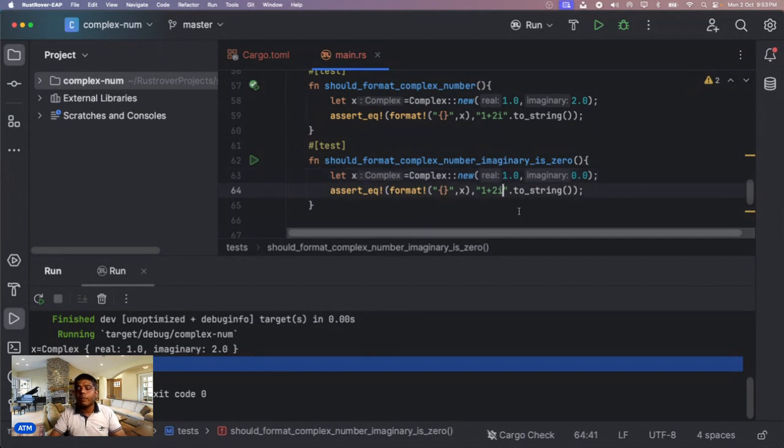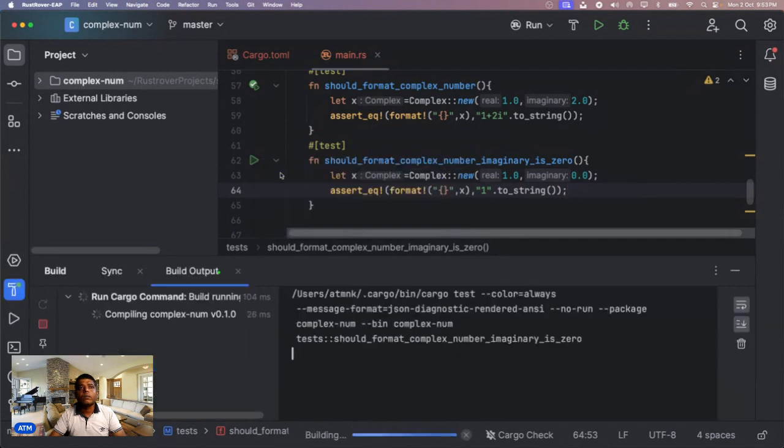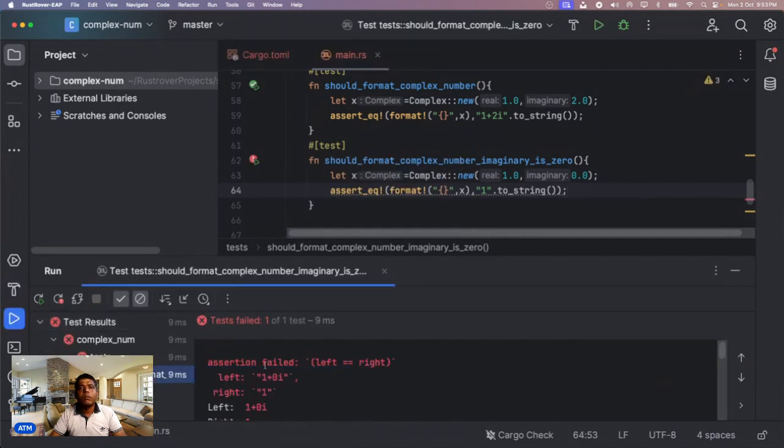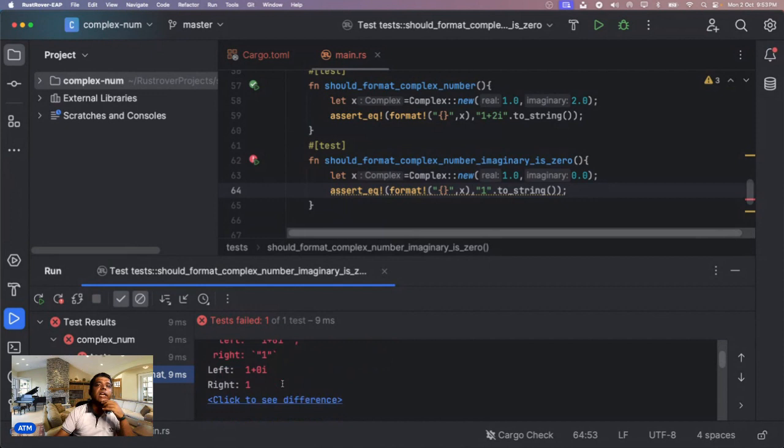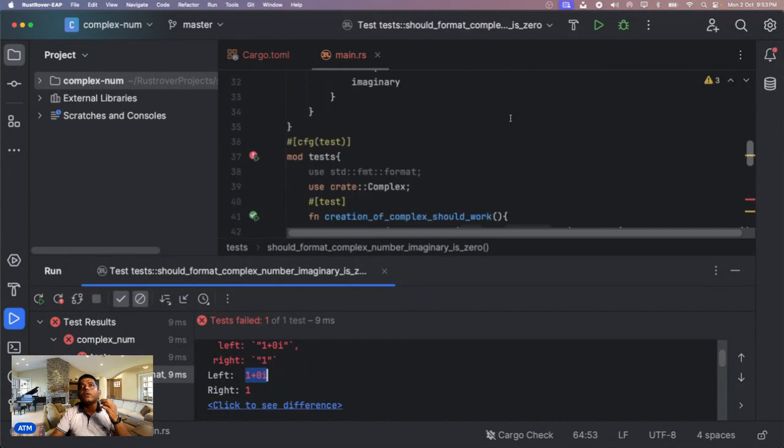When the imaginary part is 0, it should print 1, right? No i and all. But you will see our test is failing. It is saying the output is 1 plus 0i, and our expected is 1. You'll see the difference over here. It means we need to fix